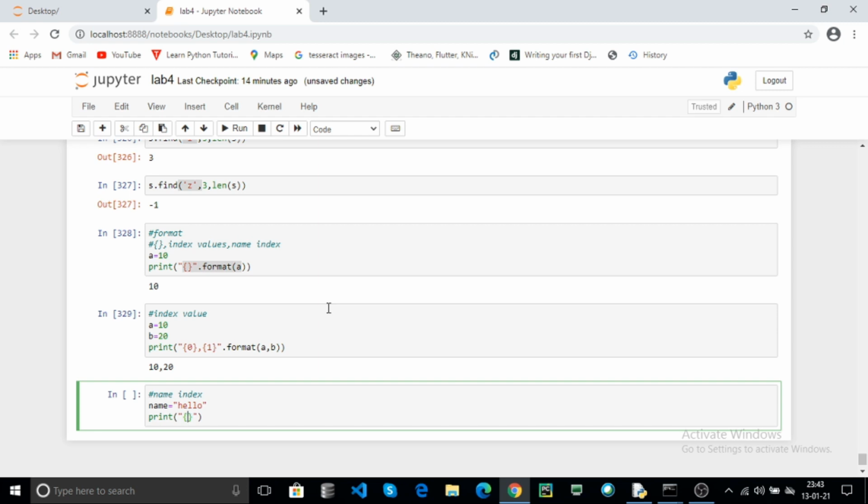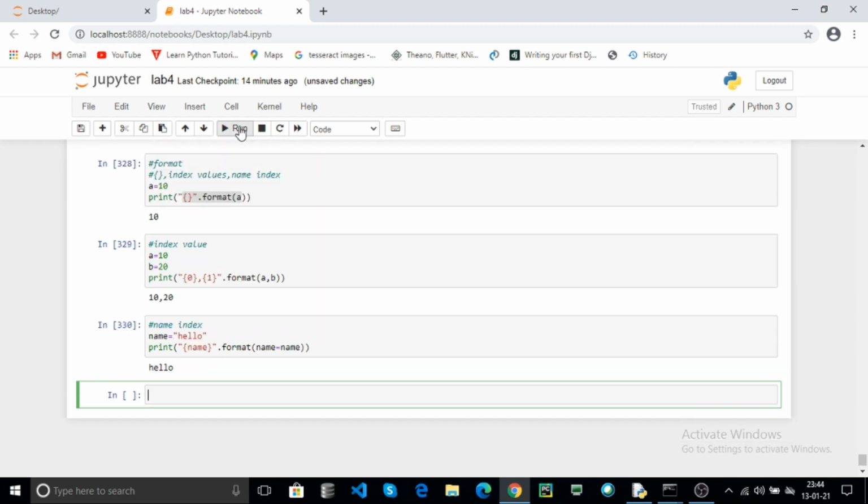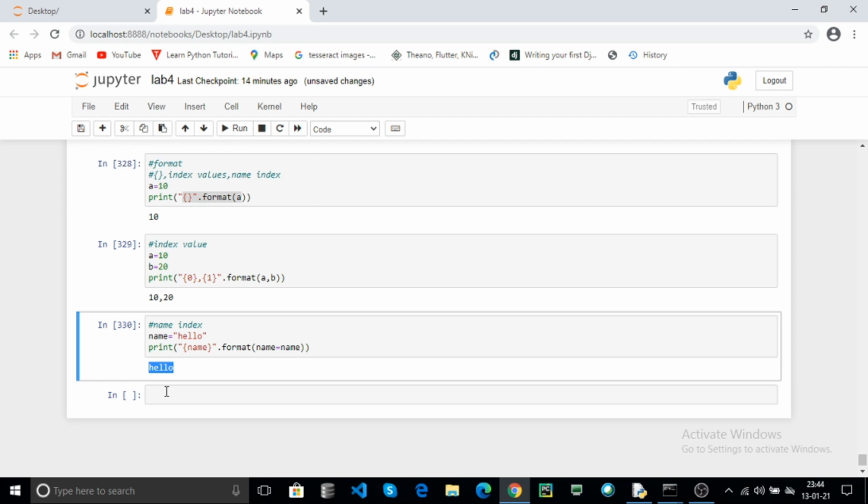For example, name dot format of whatever string is presented in the placeholder. You can mention the same name here and pass the string variable and click on the run. Here it returns your string. These are the format.